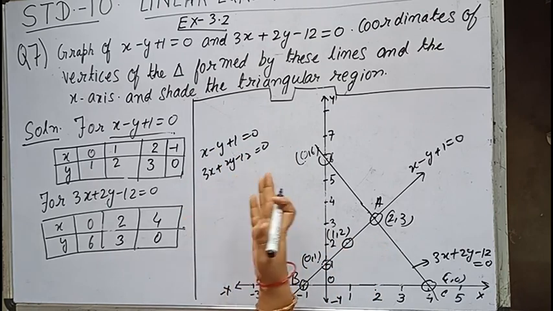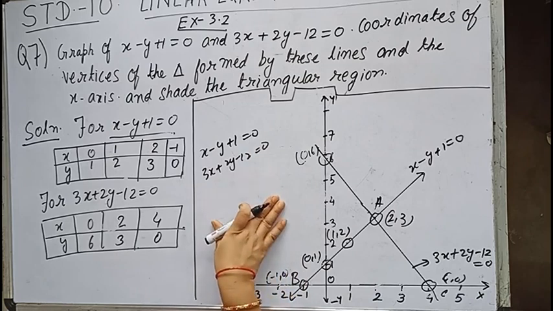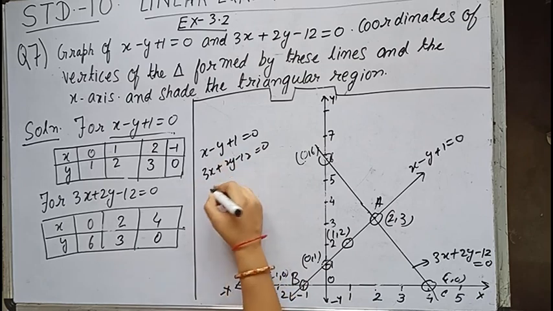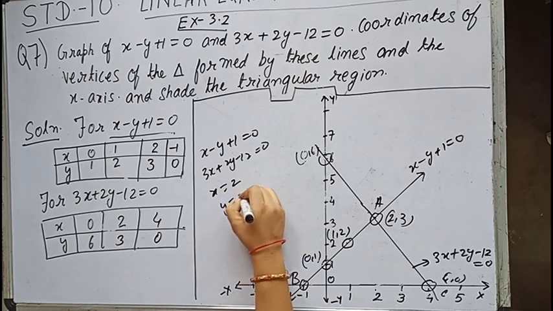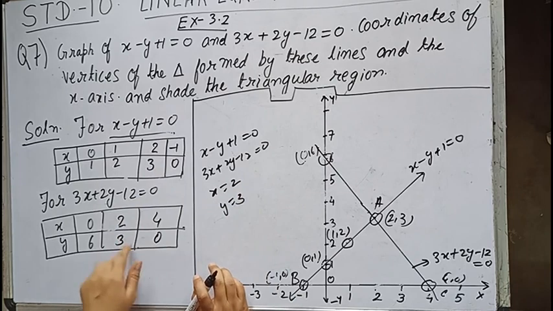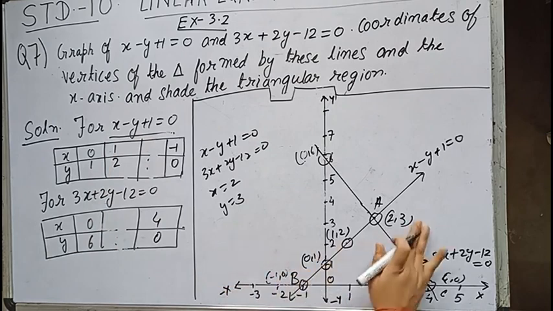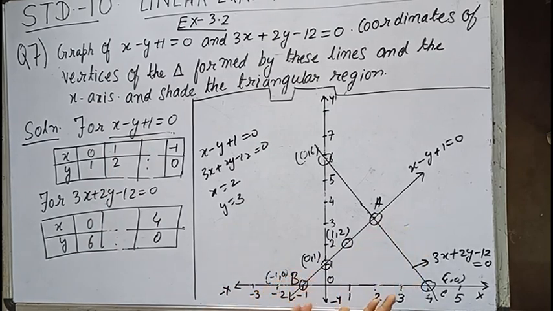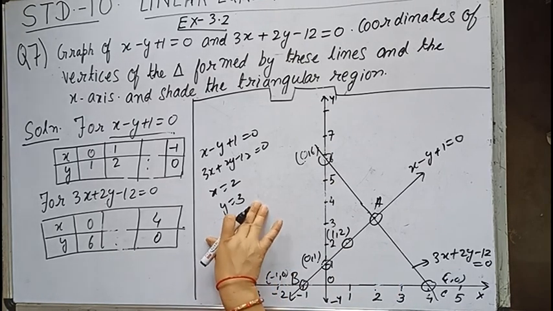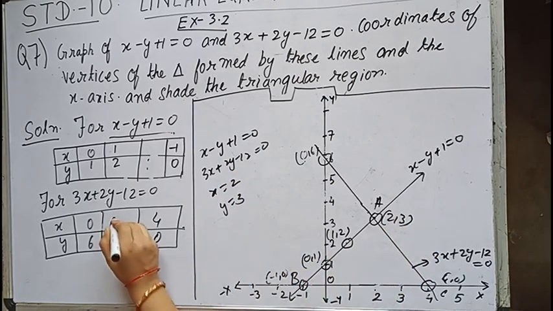You solve this either by the substitution method or elimination method, because it's your rough part. It's not to be shown in the solution part. So when you solve this, you will get x is equal to 2 and y is equal to 3. By chance over here we have taken the point 2, 3 and over here also 2, 3. Suppose I would not have taken this point 2, 3, then obviously through the graph you can detect that this point is 2, 3. But suppose over here I am drawing, I do not know whether this point is exactly 2, 3 or not. So for that purpose I have to calculate it and check whether this point is 2, 3 or not. I think you got what I want to say, children.